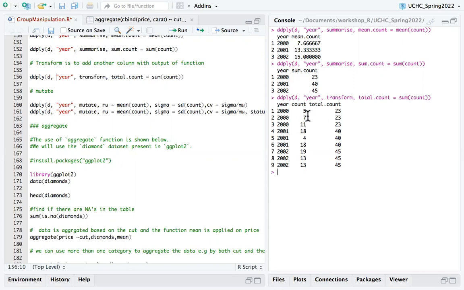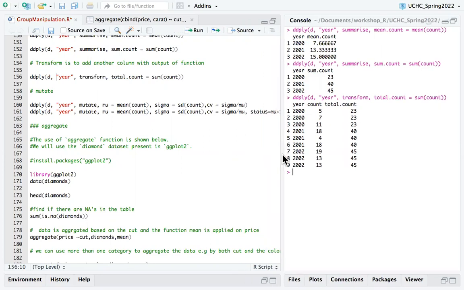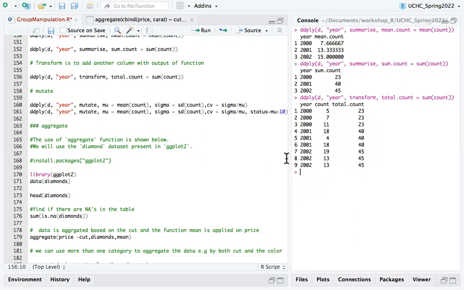Let's say you want to calculate the proportion of sales in a particular part of the year. You need the total sales and the sales in that particular time zone. So you can divide one by the other and find out what proportion of sales were done in the first one third of the year, then the second one third, the third one third of the year, and so forth. If you want multiple columns added through some sort of calculations,